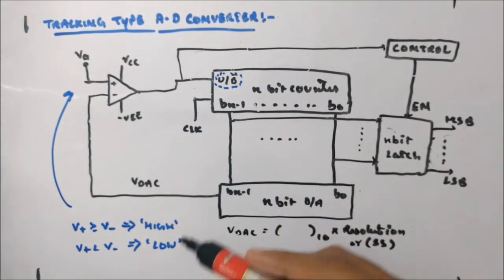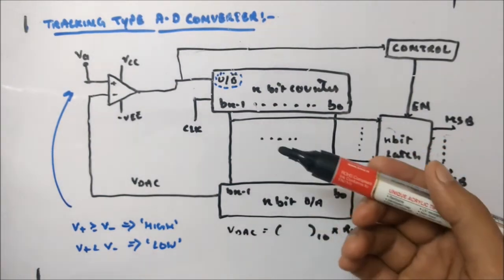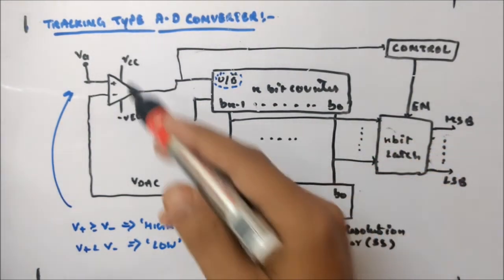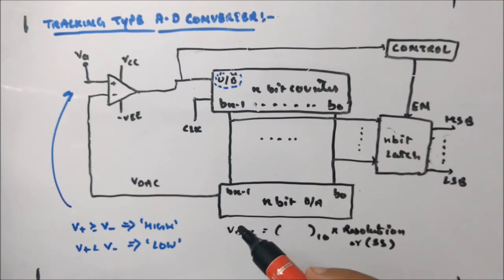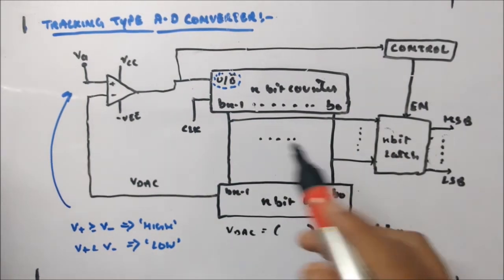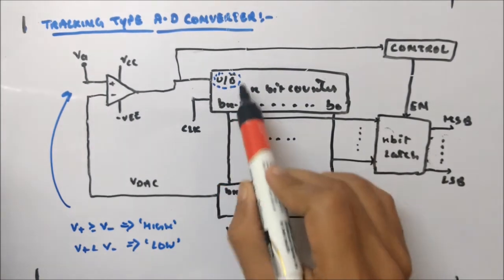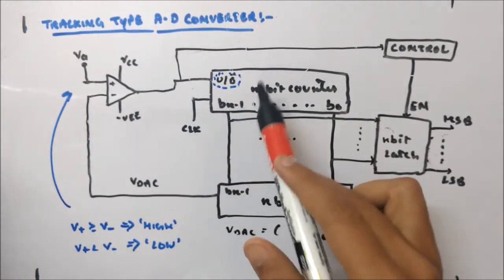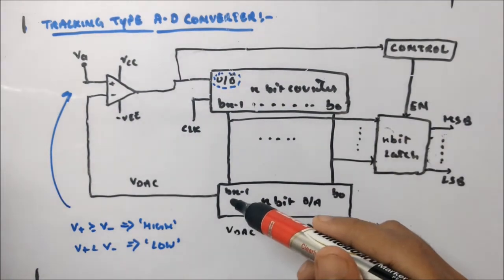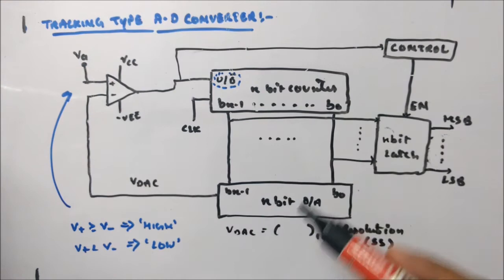The point here is it will track the analog signal properly, and better than the counter type A to D converter, in the up direction, in the down direction, in both. Okay, so that is how the circuit will work, and everything you know in counter type ADC goes here as well. The only thing is your counter will be working as an up as well as a down counter. Now you will get a better picture when I show you a diagram or curve.